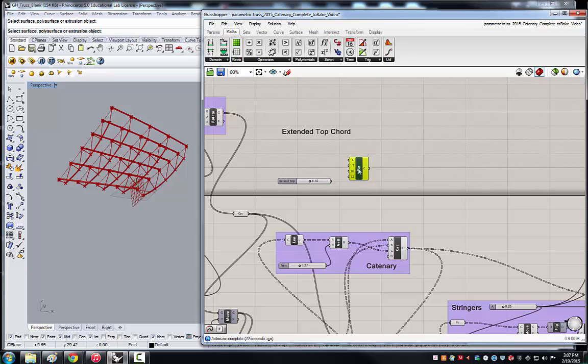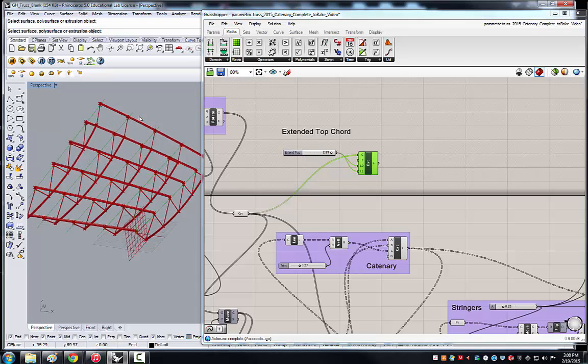curve component that wants to get a curve, or in this case a set of curves to extend. It wants to know what type, and it's set at 0, which is line type extension, which is what we're going to go with. And it wants an extension length at the beginning and an extension length at the end. So in this case we can extend both the beginning and end quite smoothly. And so we can simply take this curve, drop it in there, take this slider, put it in twice, and